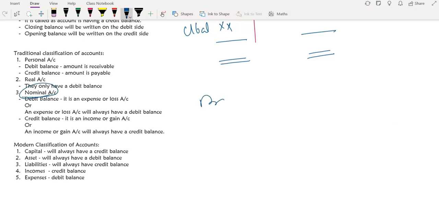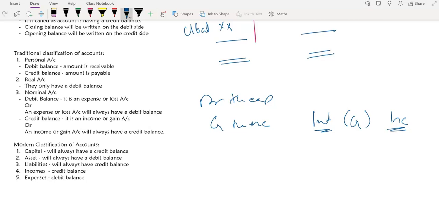Now the rule was quite simple. Debit the expenses and losses and credit the incomes and gains. So naturally, if a nominal account, let's say interest account, is written only as interest account, but in bracket it is written debit, that means it is my expense. But if it is written credit, that means it is my income. All right, because this type of thing happens where the question does not specify whether it is an expense or income, but you can easily identify it only if you remember how the nature of the balances goes.